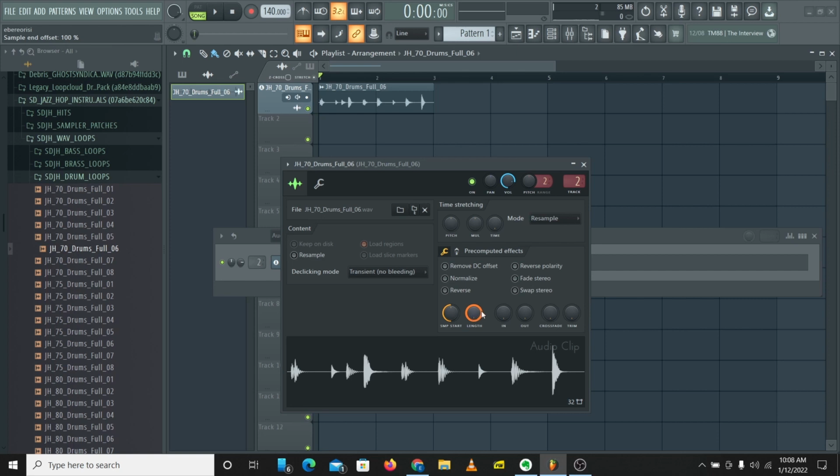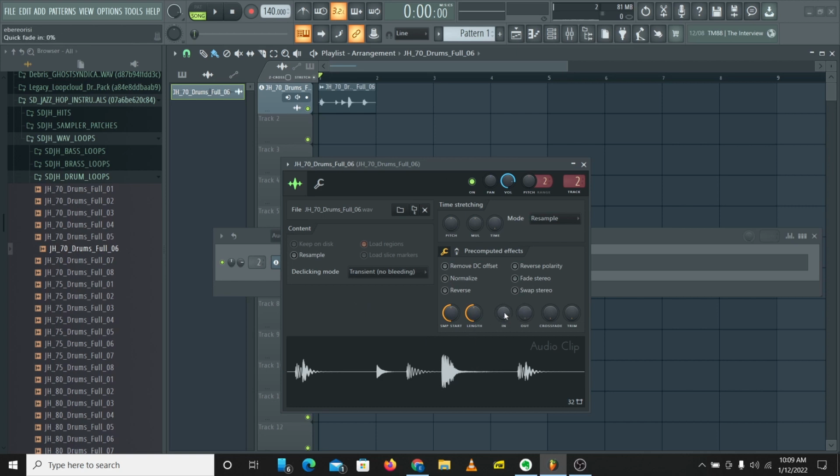Then you can choose the sample end with this knob here. So we've been able to choose a start time and an end time for our sample. This is an option you'll be using a lot when working in the sampler.